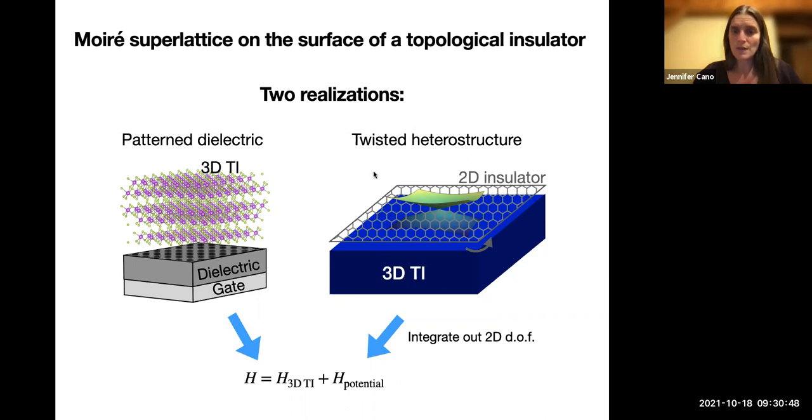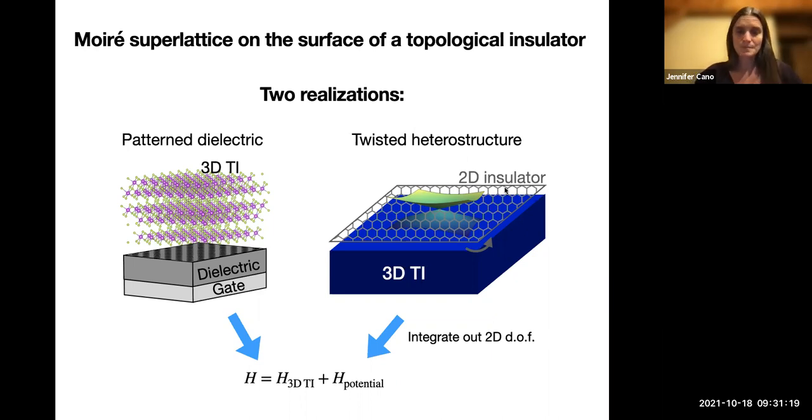The second realization that I'm showing here, this was our initial thought, and you'll see the comparison to twisted bilayer graphene, is that we take our 3D TI, some chunk of material, and we put some 2D layer on top of it. And we want that 2D layer to be lattice matched to the 3D TI. So then if we arrange it with a slight twist angle relative to the 3D TI, it creates some very slowly varying superlattice. And if this thing is insulating, then the effect of that superlattice will be some slowly